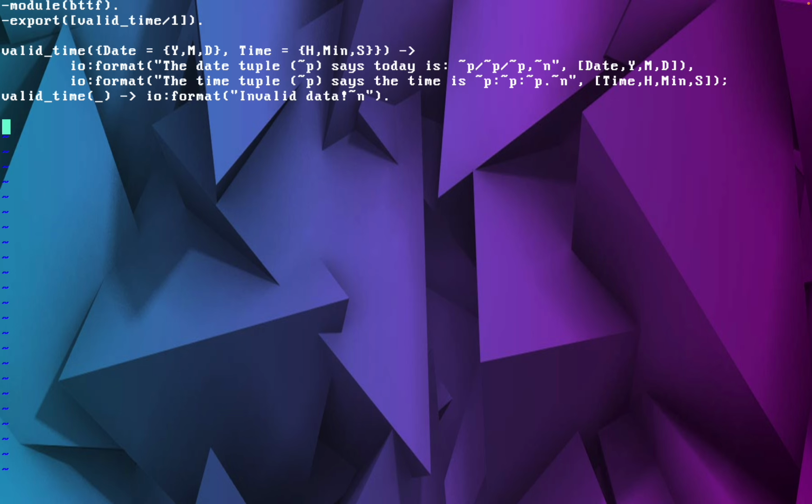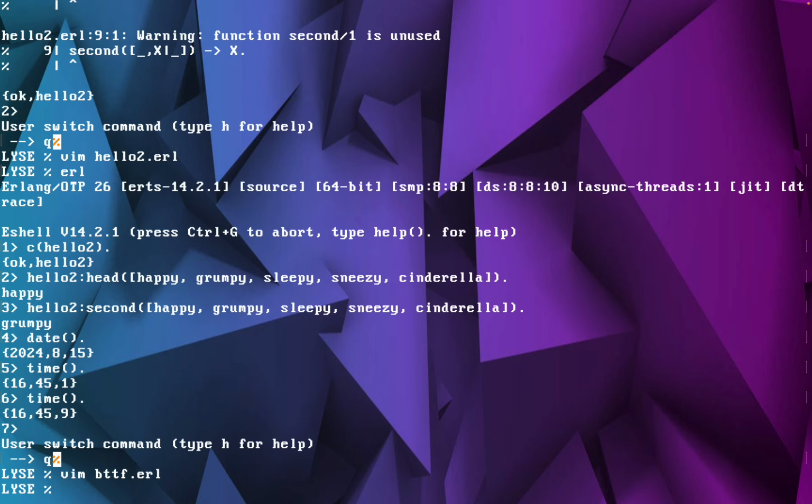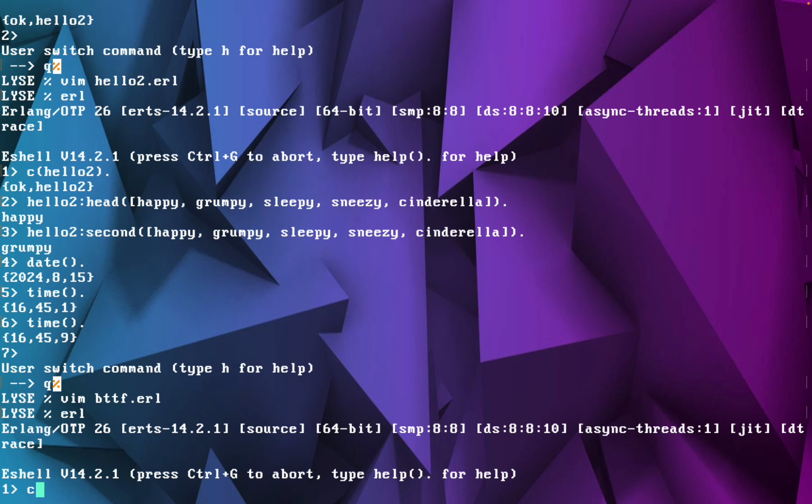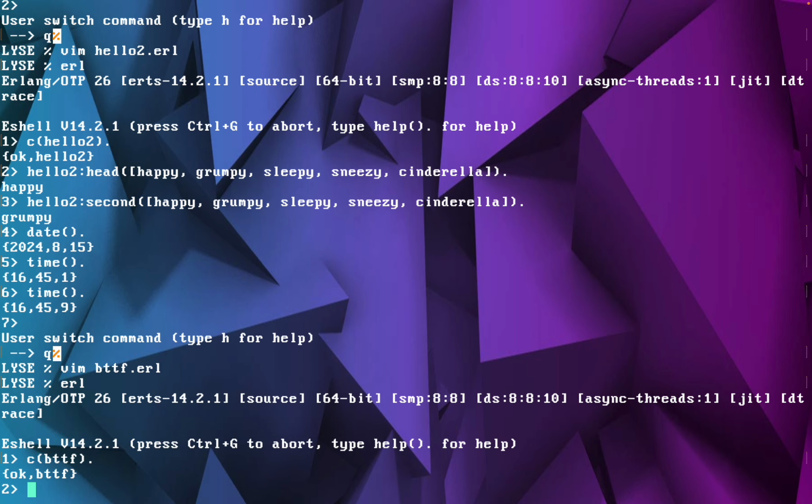And so let's not forget, this is called Back to the Future. We have just saved it. Let's see, does it compile? Does it compile Back to the Future? Okay, great. So it's fine. Now what we're going to do is to call this function from this Back to the Future, valid time,